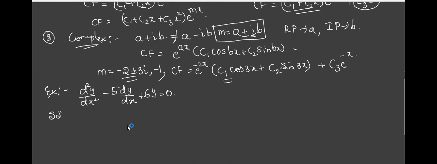Now, first you need to write this equation in terms of capital D. I'll tell you one easy way. Take this D as d by dx. See, capital D is d by dx, a differential operator. And D square is d square by dx square. Think of it as not squared; if I square it, it is different. Taking D square means I'm taking the second order. Can you tell me what D cube should be then? It is d cube by dx cube.